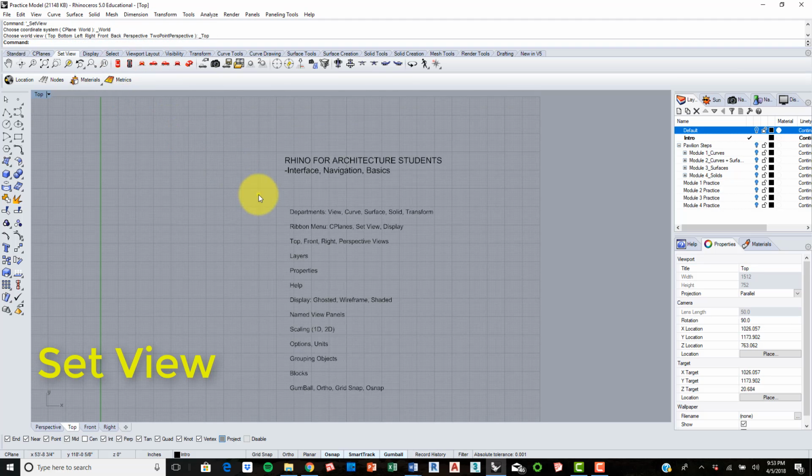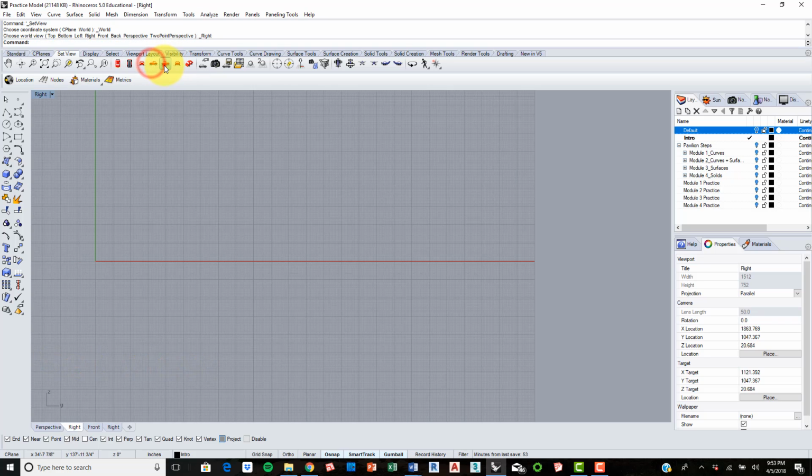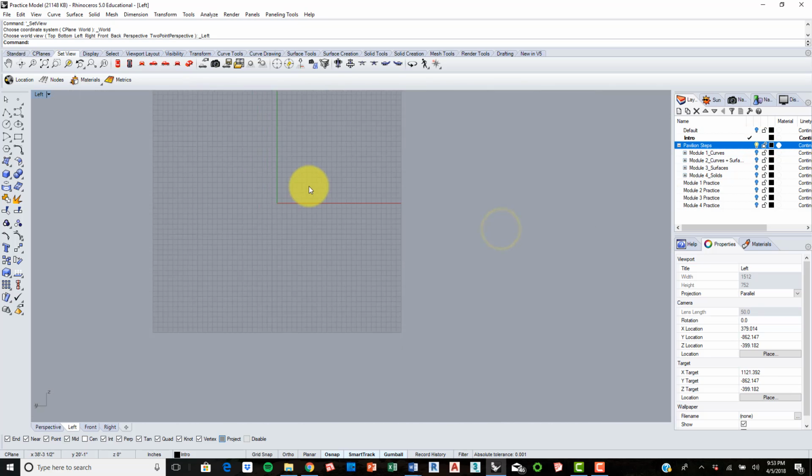We can go back up here to the top. And then we have other views: front, right, left. We can't see anything because right now all I have showing on the screen is text, and otherwise you could see stuff. So if we just turn on some of our other drawings,